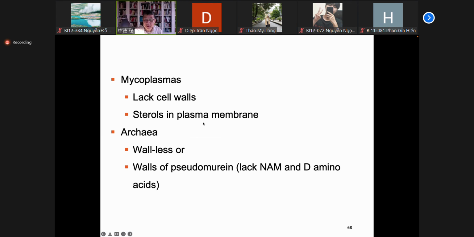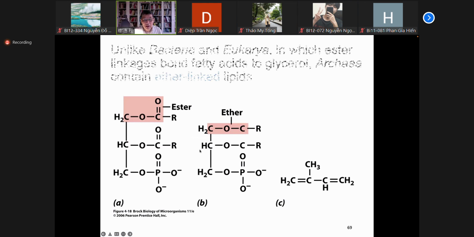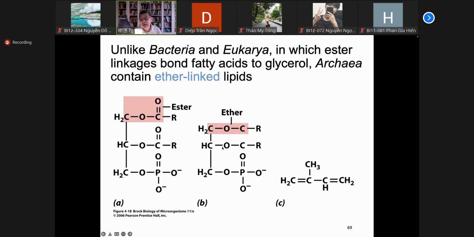They protect the environment, and some archaea are also like this. Okay. As for the archaea, the plasma membrane,